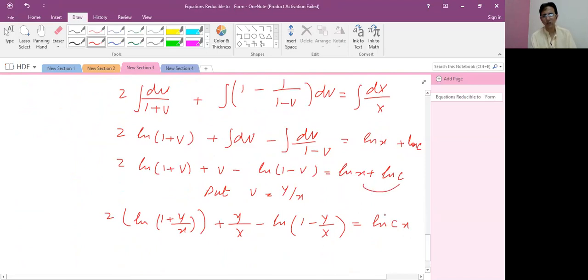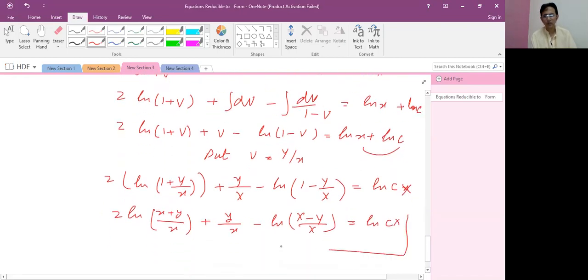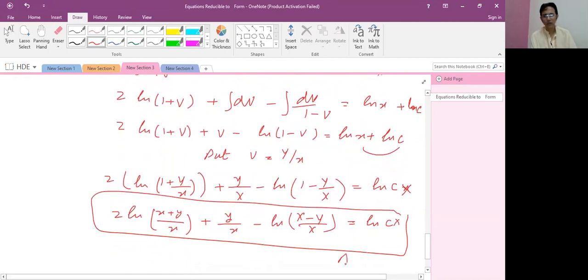Both are multiplying together. So according to the log rule, we write in this form. So if we solve it, it is 2 times ln(x plus y upon x) plus y upon x minus ln(x minus y upon x), which is equal to ln c of x, capital X. So this is called your solution of the differential equation. It is the first case. Now case 2 is